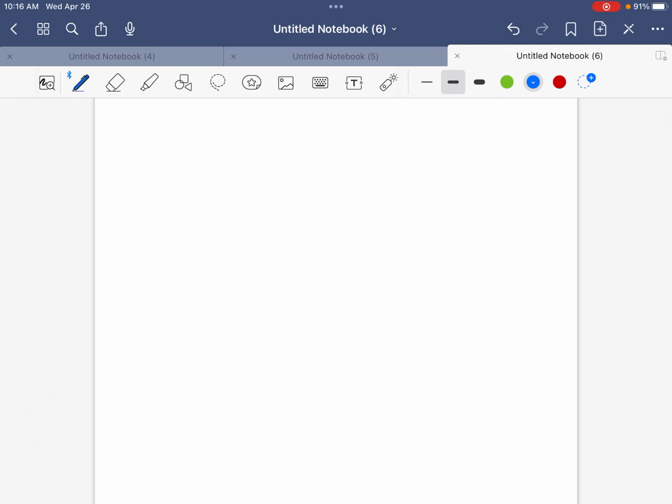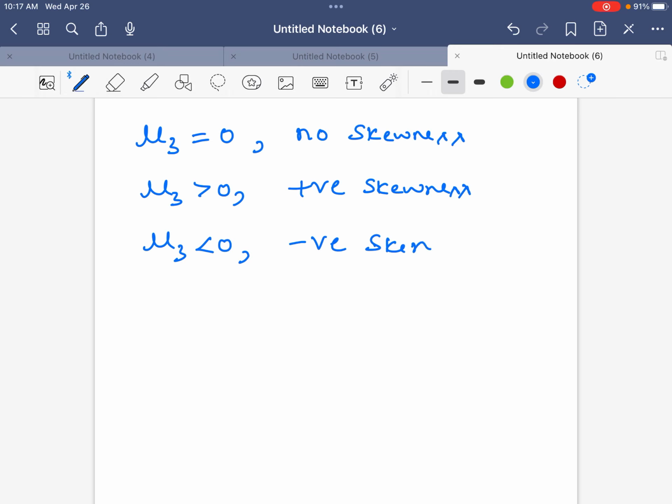We measure the skewness with the help of moments as follows. As we considered earlier, the third moment is connected with skewness. If the mu3 value is 0, it indicates that there is no skewness in the distribution. If mu3 is greater than 0, then it indicates a positively skewed distribution. And if mu3 is less than 0, that is negative, that indicates negative skewness of the distribution. With this,